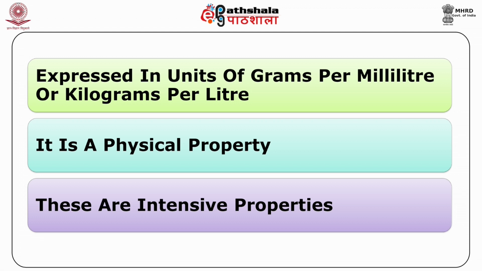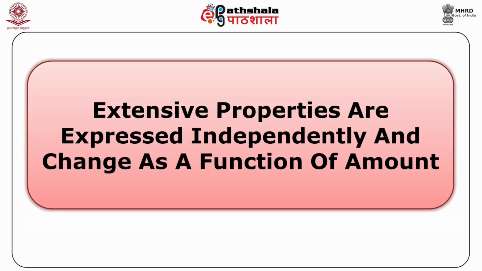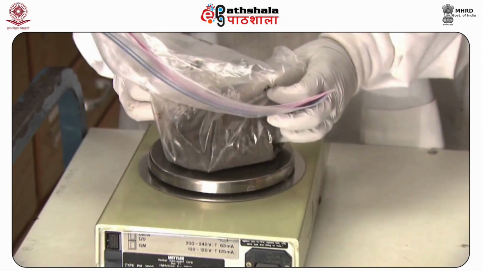It is a physical property of a substance that does not change with amount. Chemical and physical properties of this nature are intensive properties. Extensive properties, such as mass or volume, change as a function of amount. For example, as the amount of a glass sample is increased, both its mass and volume increase, but its density does not. Density is commonly used in forensic science when comparing items of evidence such as glass, plastic,